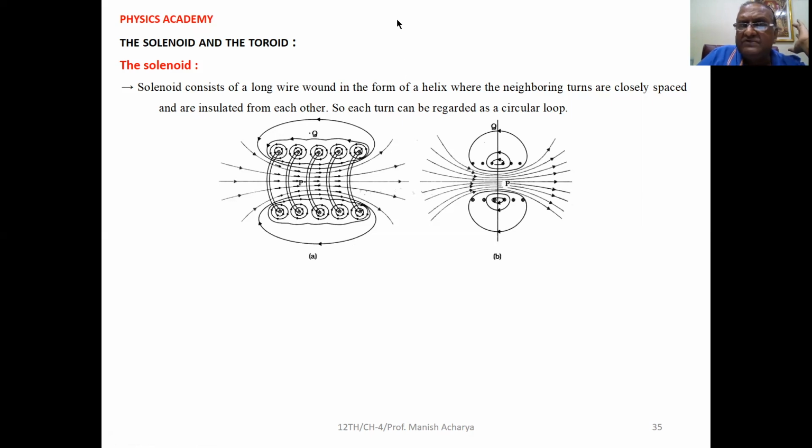Clear to all of you this particular thing? So here the figure represents